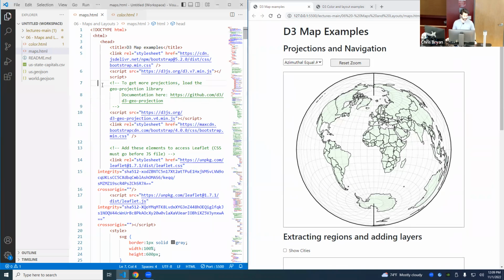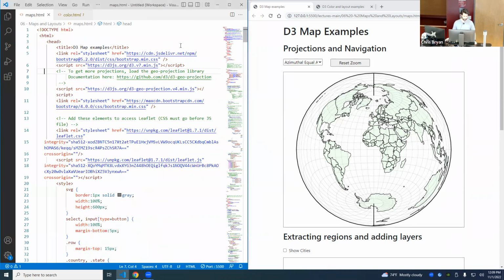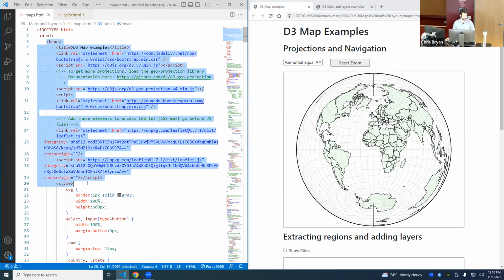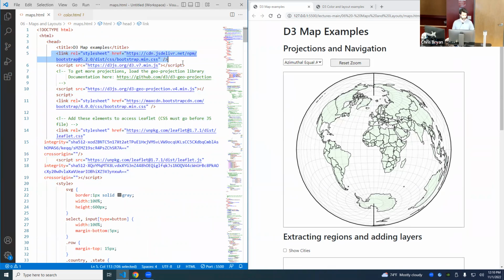Okay, so let's jump into this. All right, so just to quickly go through this code. Here's the head of our HTML file. We're going to link to Bootstrap and D3. We're also going to link to the